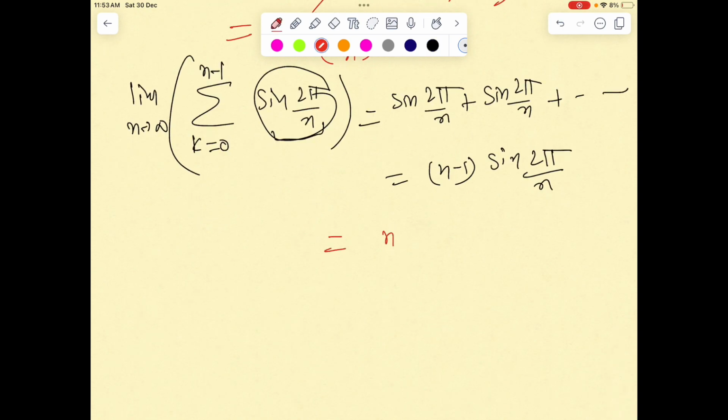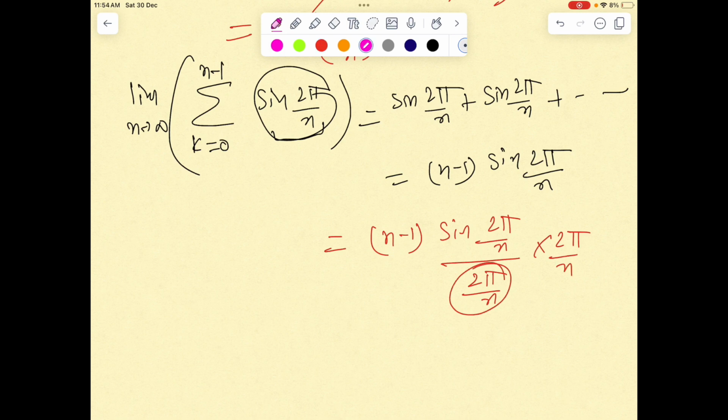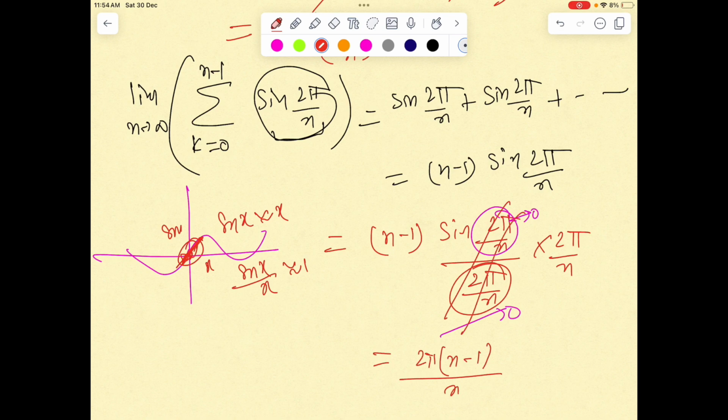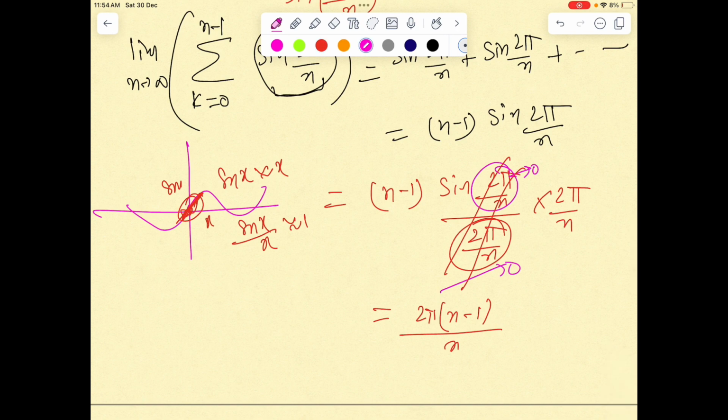Now you have to make n really large, so under the condition when n is really large, you can basically find the limit of this expression by dividing by 2 pi by n and multiplying with 2 pi by n. Now when n is very large, this will almost be tending to 0, and hence sine of something tending to 0. And clearly you can see from the sin x graph, as x is tending to 0, sin x behavior will be almost similar to x. Hence sin x by x will behave like 1. So this quantity goes to 1, and n minus 1 times 2 pi by n is our answer when n is